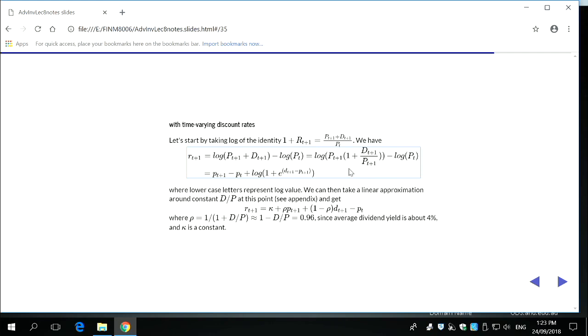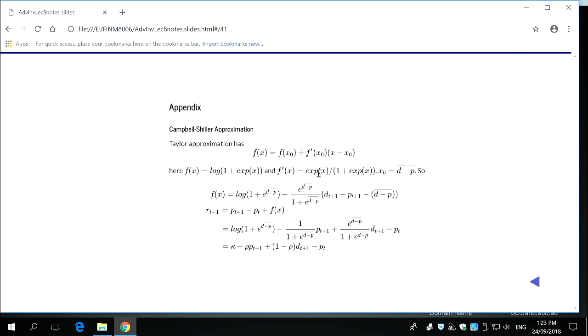Right? Now what we can do is to take the log linear approximation that you can find at the end of this lecture in the appendix. Basically, we just use the Taylor series expansions with some log transformation. Right? I'm not going to get into the details because for one, I don't really require you to be able to do it. For two, it's something we already talked about. It's just Taylor series expansions, right? But what you can get is